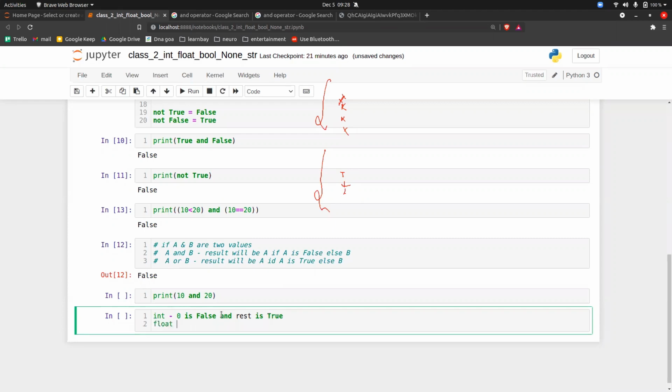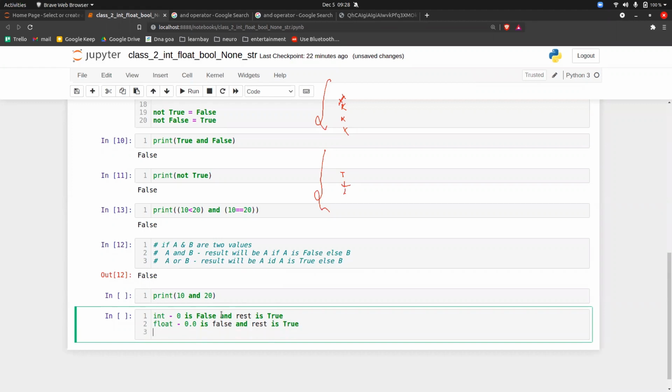If it is a float, then 0.0 is false and the rest is true. If I talk about the string, in a string, an empty string is false and the rest is true.